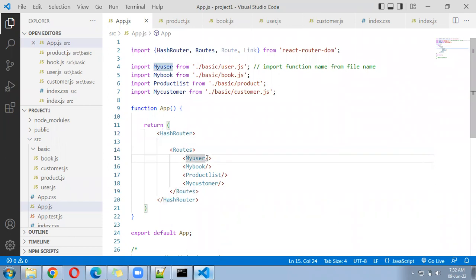So hope you have written the routes. After that, next come down below. For each component now,